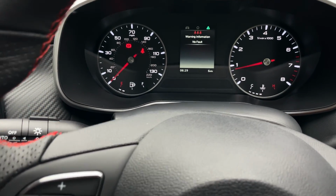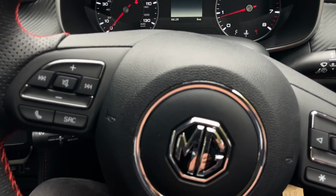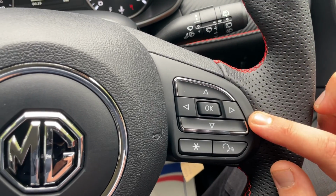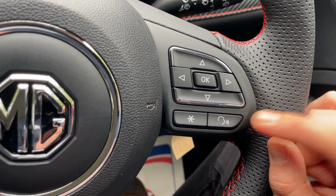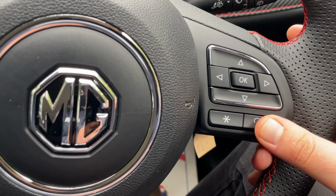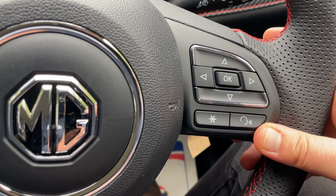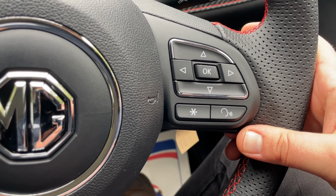So if I just then progress, move my seat back a little bit. I am very tall, got gangly legs, and you don't want to be seeing those. So to the right hand side, just to confirm, the arrows controlling the screen ahead of you. This button here is for voice command, so with a smartphone connected, click this one and this will activate your voice assistant on your mobile. For example, this vehicle has Apple CarPlay and